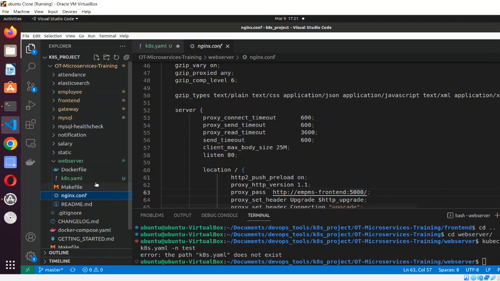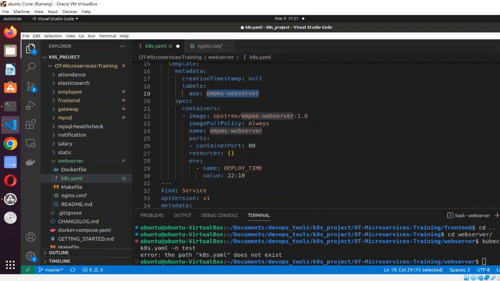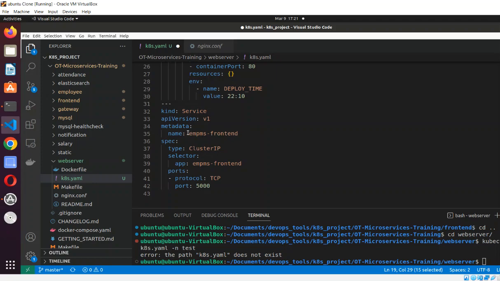Listening on port 80. Okay, we need this on port 80. EMPMS web server, should I copy? I think I have to change it one more time in the services, and here we are creating a service. Ideally we should create an ingress for it, but I don't have a DNS zone which I can map with this particular ingress. So what we can do,